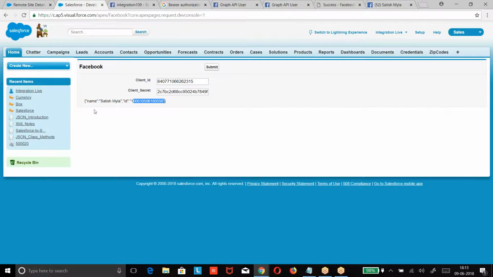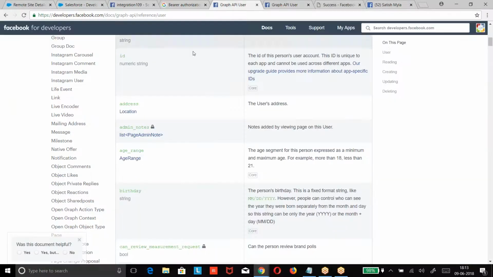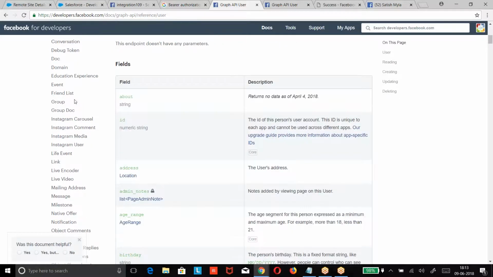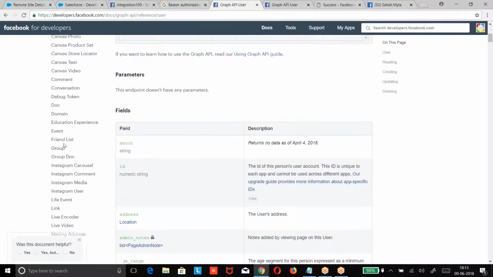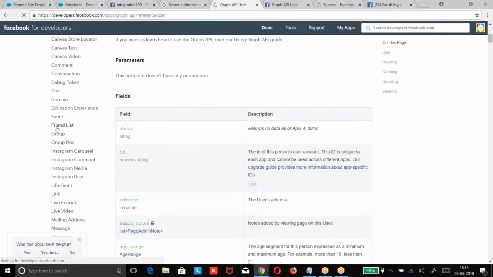You give the profile data, basic details. Now, if you want to get any other information, what is that? Your friend list. Now read the documentation. Make an example.